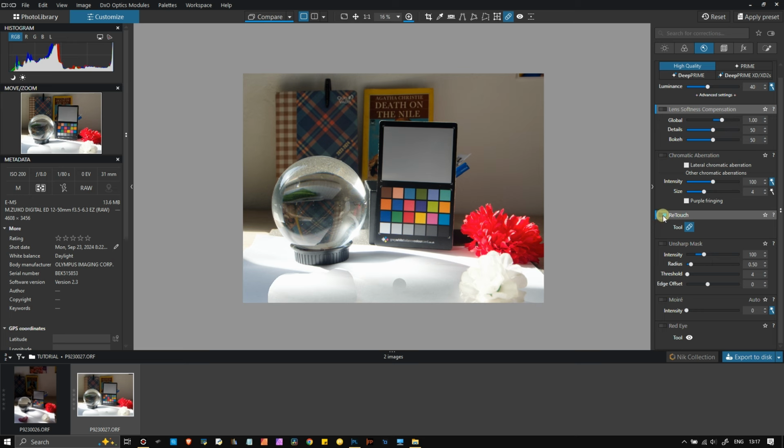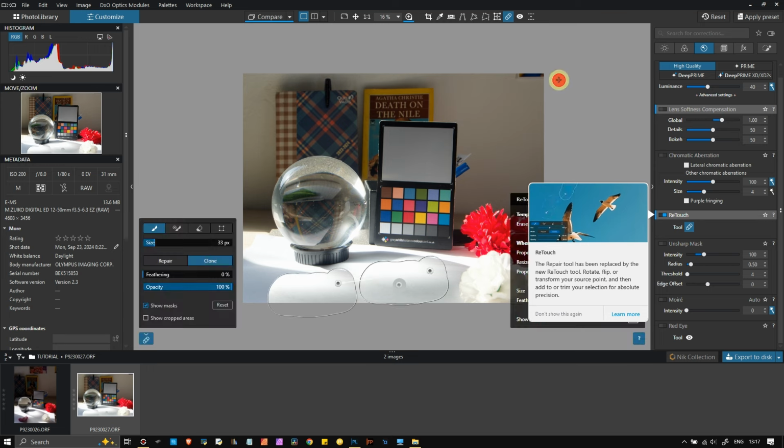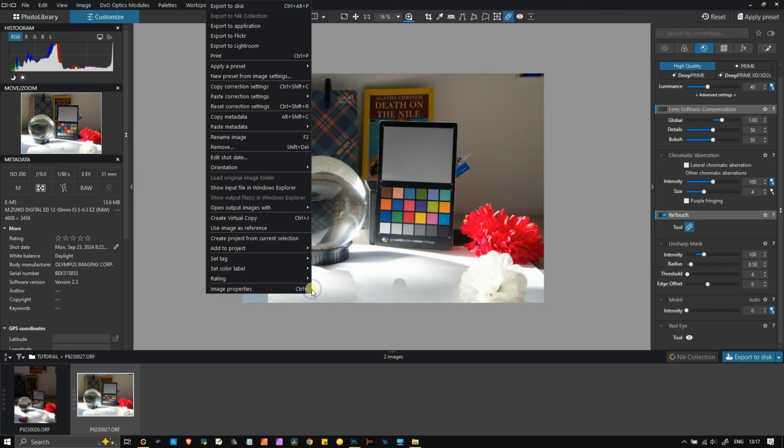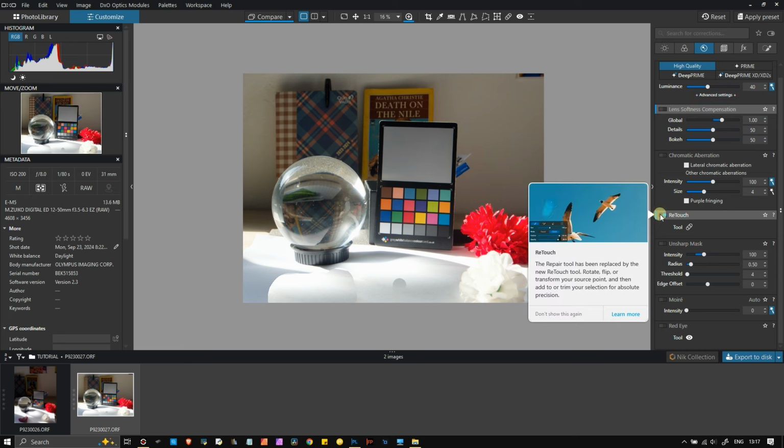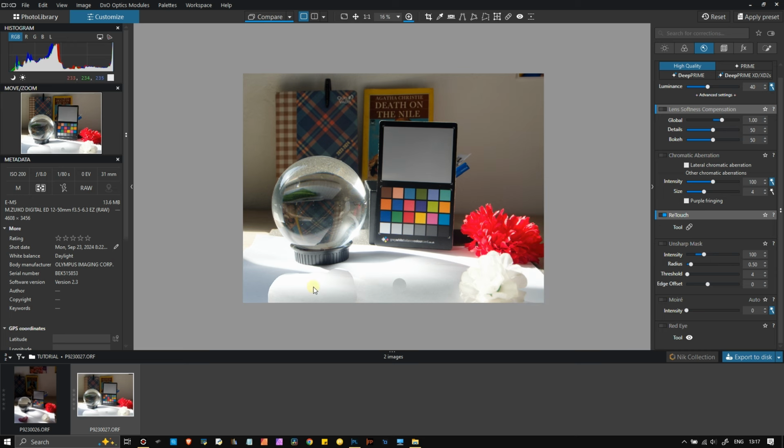What I'm going to do is turn this one off and move on to another tool. I'm going to turn off retouch. You see, you have this little image to show you exactly how it works. But you have something else though. What I'm curious to see is